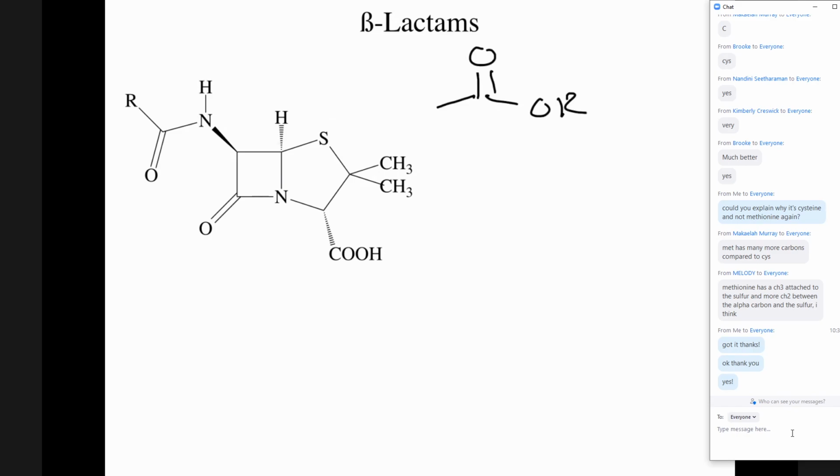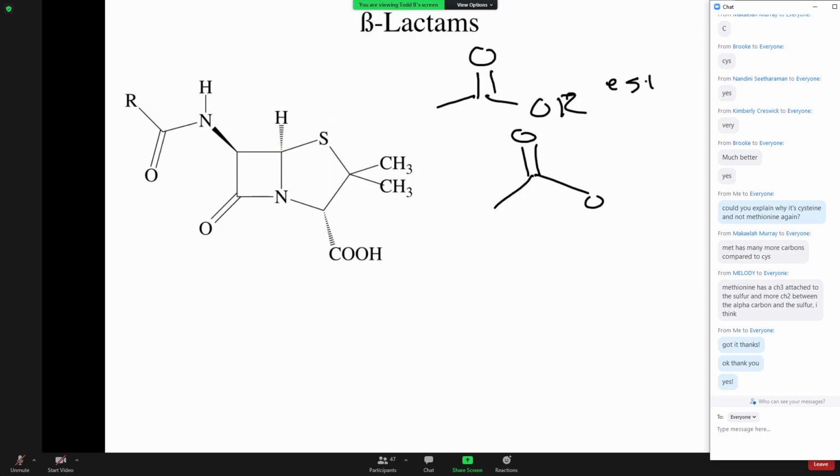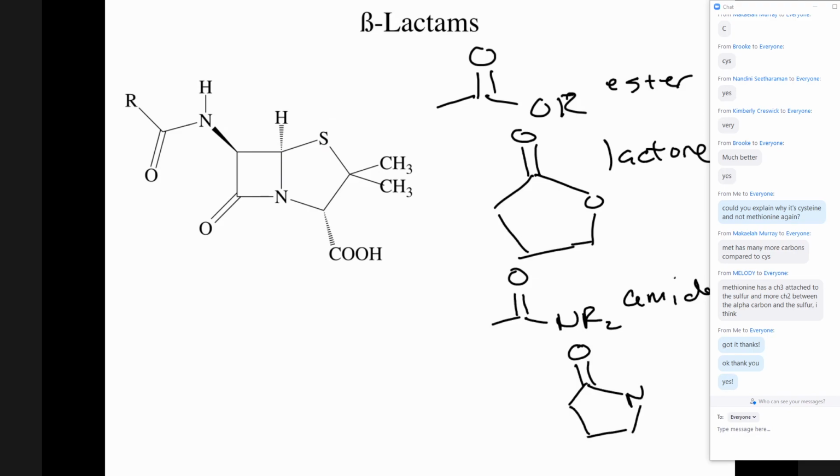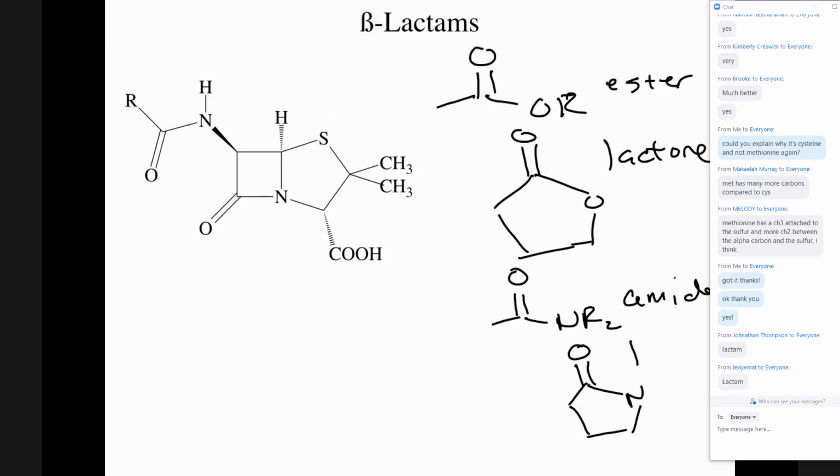What kind of compound is that if you have a carbonyl with an OR group? Ester. If it's in a ring, though, we call it a lactone. Not sure where that nomenclature comes from. This is called an amide. If it's cyclic, what do we call it? Lactam. Perfect. So that means this functional group here is a lactam. It has a carbonyl